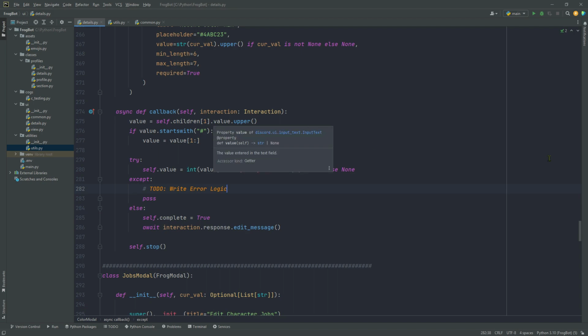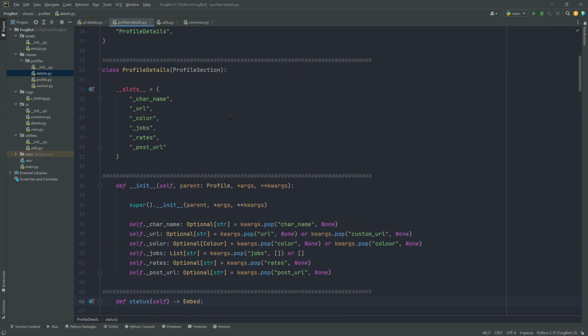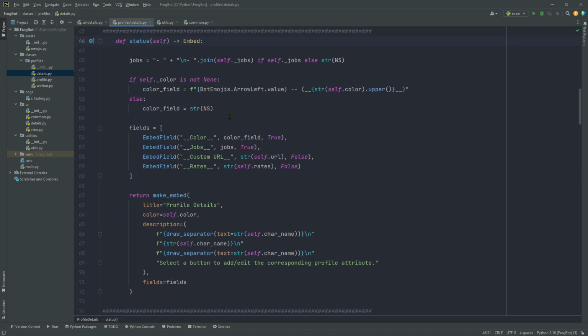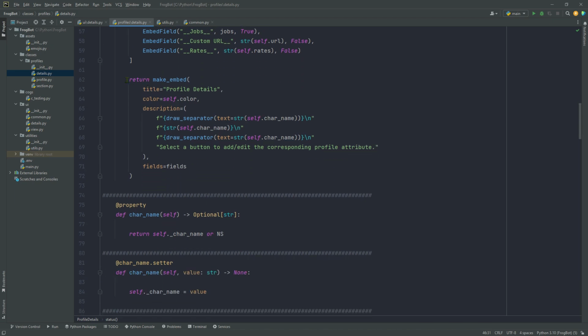And what's the next bit of refactoring that I'd like to do? Well, let's go over to the profile details class. And here in the status message, where we generate an embed with all of the information in the class, what I'd like to do down here when we're returning our make embed is, on the second line where we have the character name,